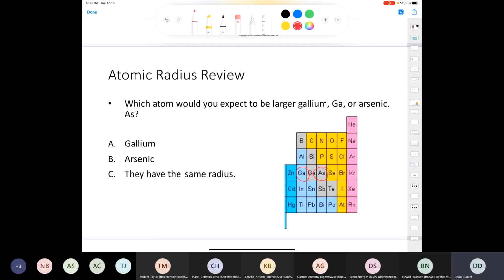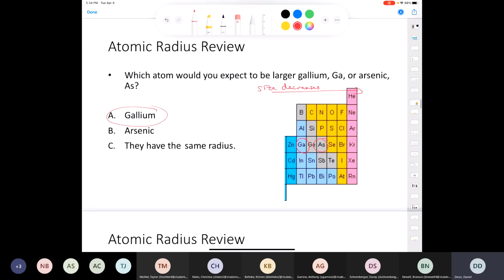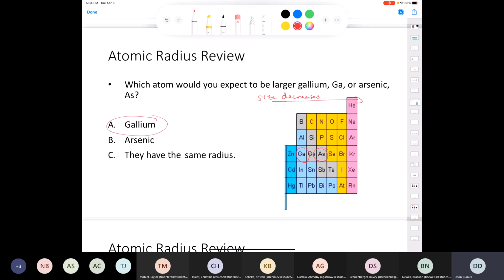Yeah, thanks, Anthony. The answer is gallium, right? Because we know that effective nuclear charge increases as we go across a period, and so size decreases going this way. If you want to try calculating effective nuclear charge for gallium,